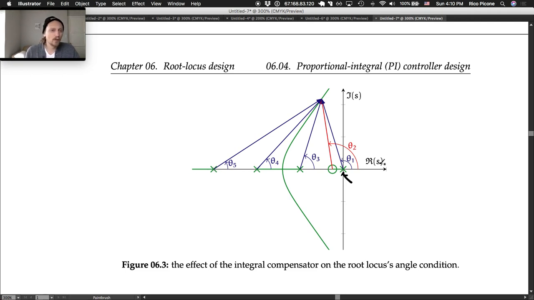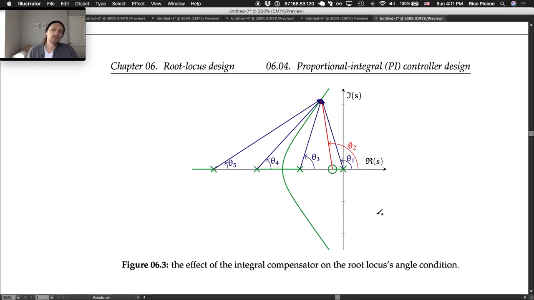We would have 4 asymptotes now, and the root locus would come off and go like this. And we would have a system that, if you increase the gain, would actually go unstable at a certain point. Big changes to how the transient response behaves. So we just dropped in the integrator,